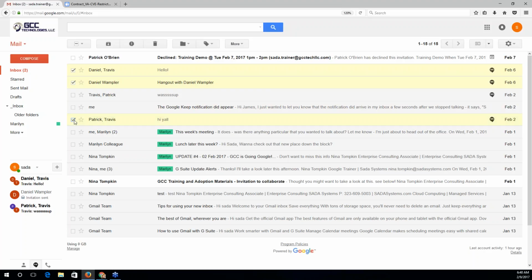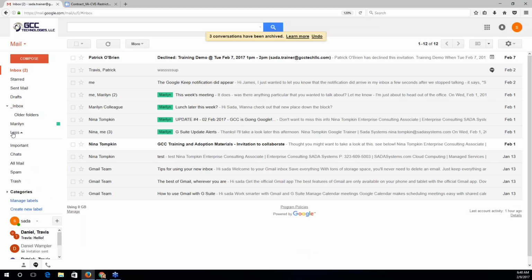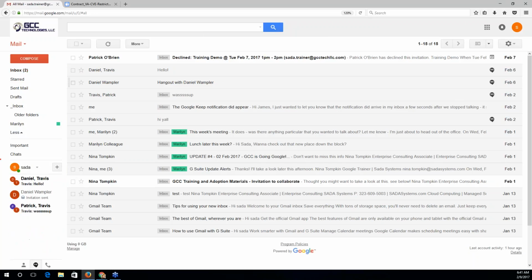So if I wanted to clean up my inbox so that it only contains mail, I could select these messages, hit that archive button. They've been removed from my inbox, so it's a bit cleaner than it was before. But if I click on the More drop-down and view my All Mail section, you can see I can still find these chats.